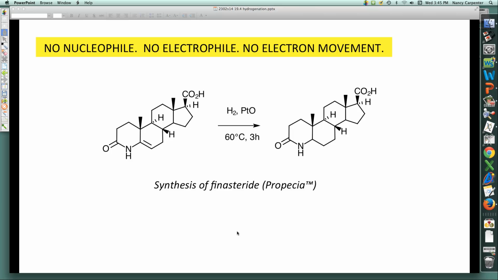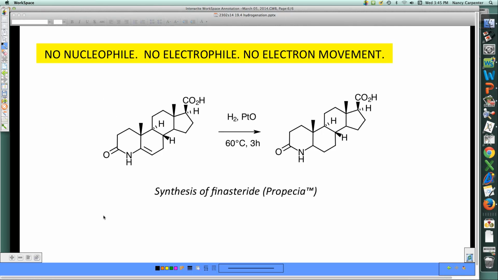So the take-home message here is there's no nucleophile, there's no electrophile, there's no electron movement. If you want to learn how this really works, take the synthesis class next fall, because it's all about organometallic chemistry. So there's more to it than a simple little cartoon of the metal surface, but for now that's fine with us. We'll stick with that cartoon and just